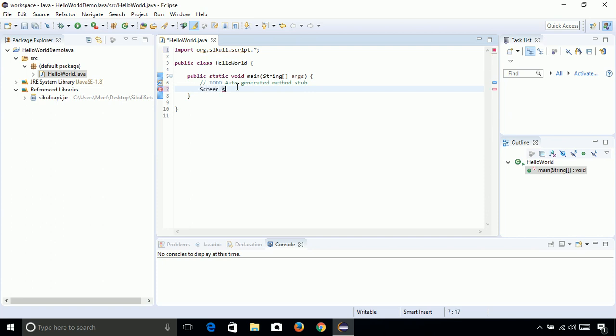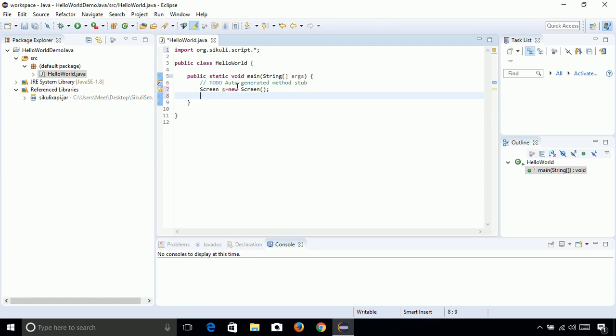So let me define an object of the Screen class. Now in hello world what we need to do is first click on the Windows button, then wait for this search box to appear on the screen, and then type hello world in that.